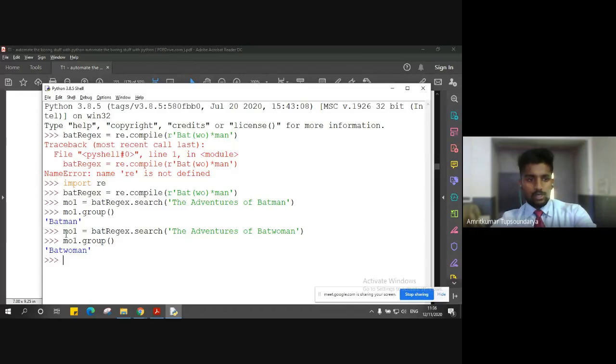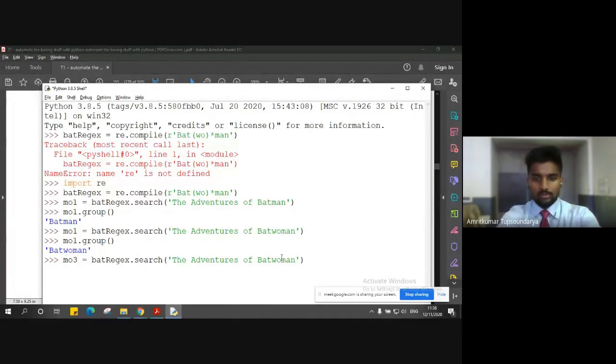Now let's say I have some other string. Let me name it mo3 now. mo3 is the regex.search of the adventures of, let's say, bat, and I'll have some three instances of WO, so something weird.